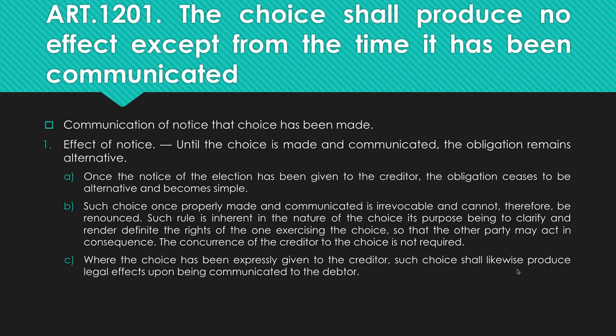Okay, Article 1201: the choice shall produce no effect except from the time it has been communicated. So, communication of notice, the choice has been made. The effect of notice becomes simple. Now, until the choice is made and communicated, the obligation remains alternative. But once the notice of the election has been given to the creditor, the obligation ceases to be alternative and